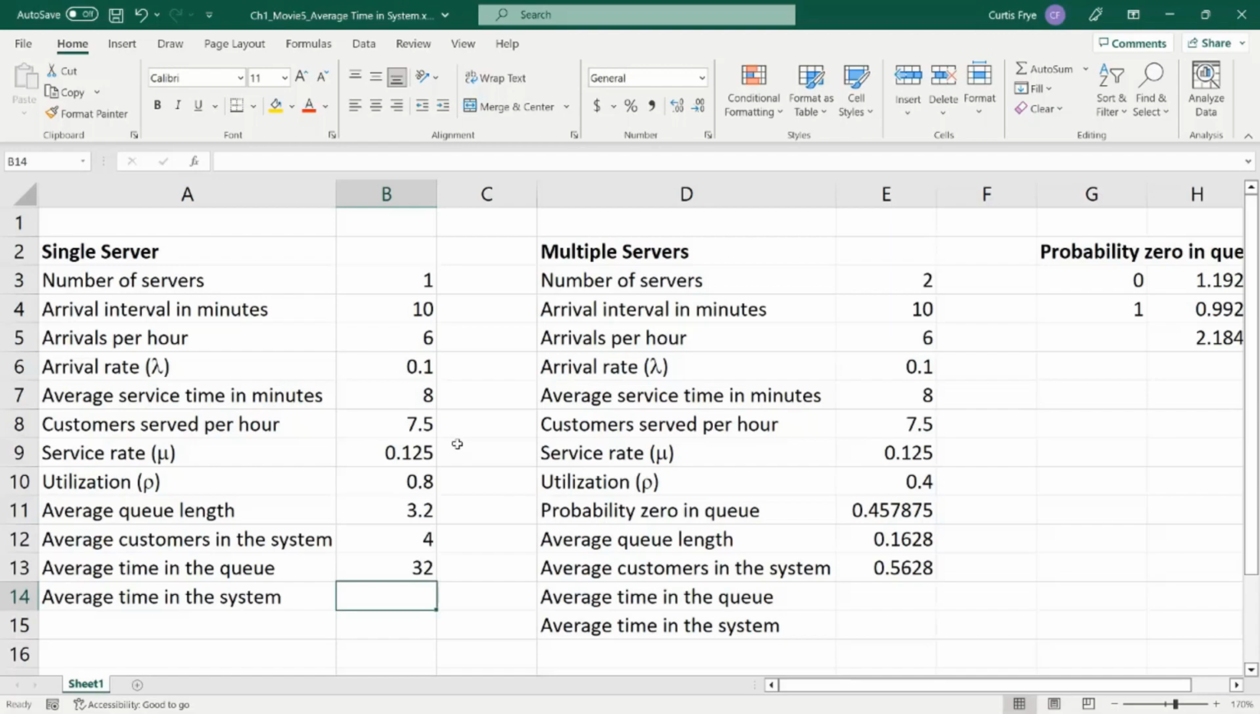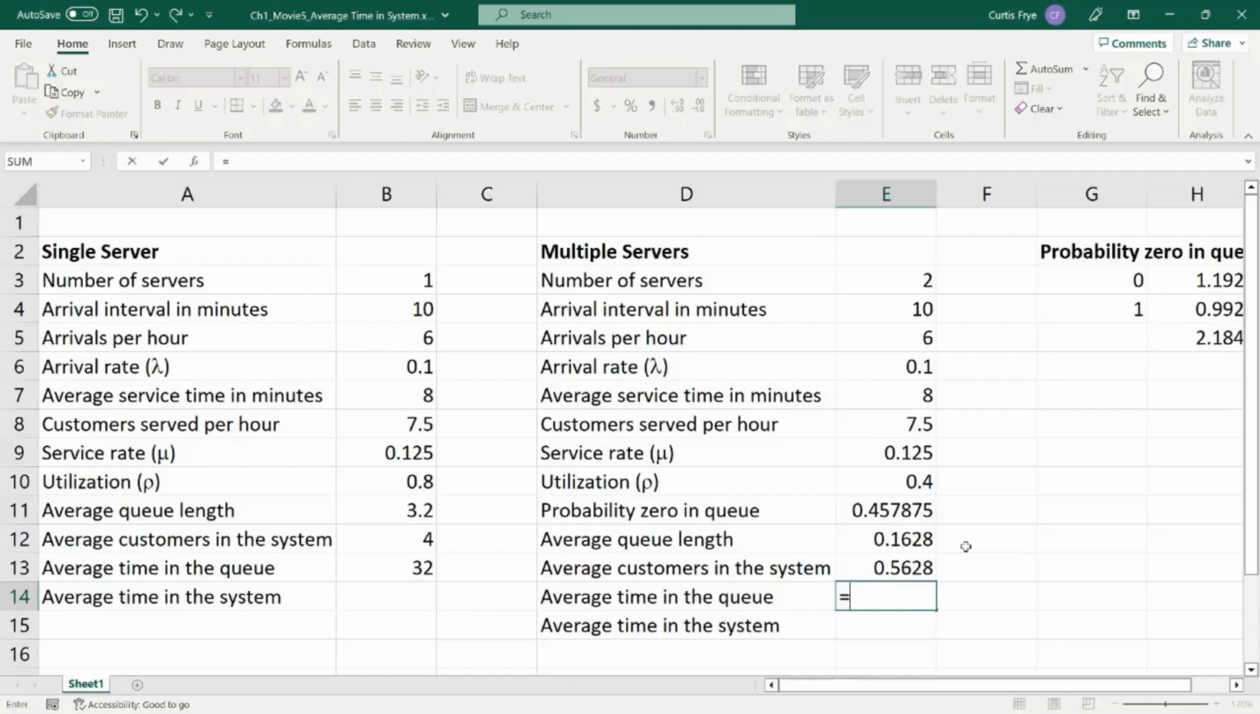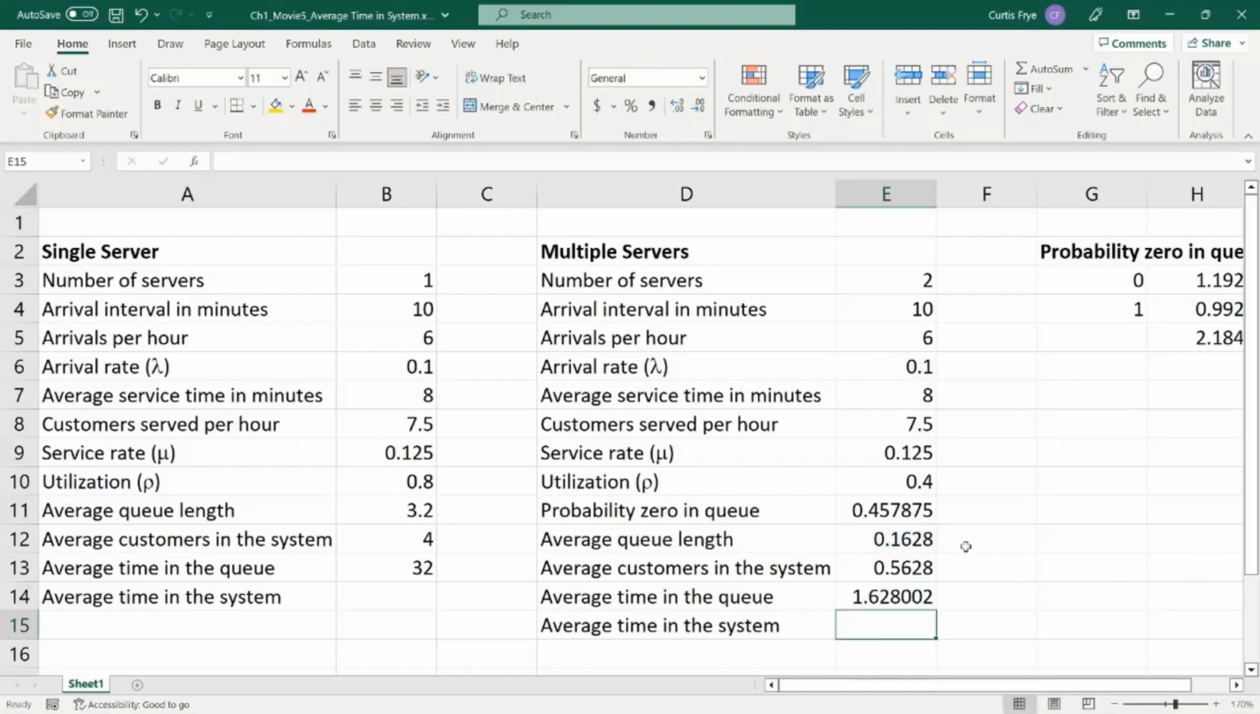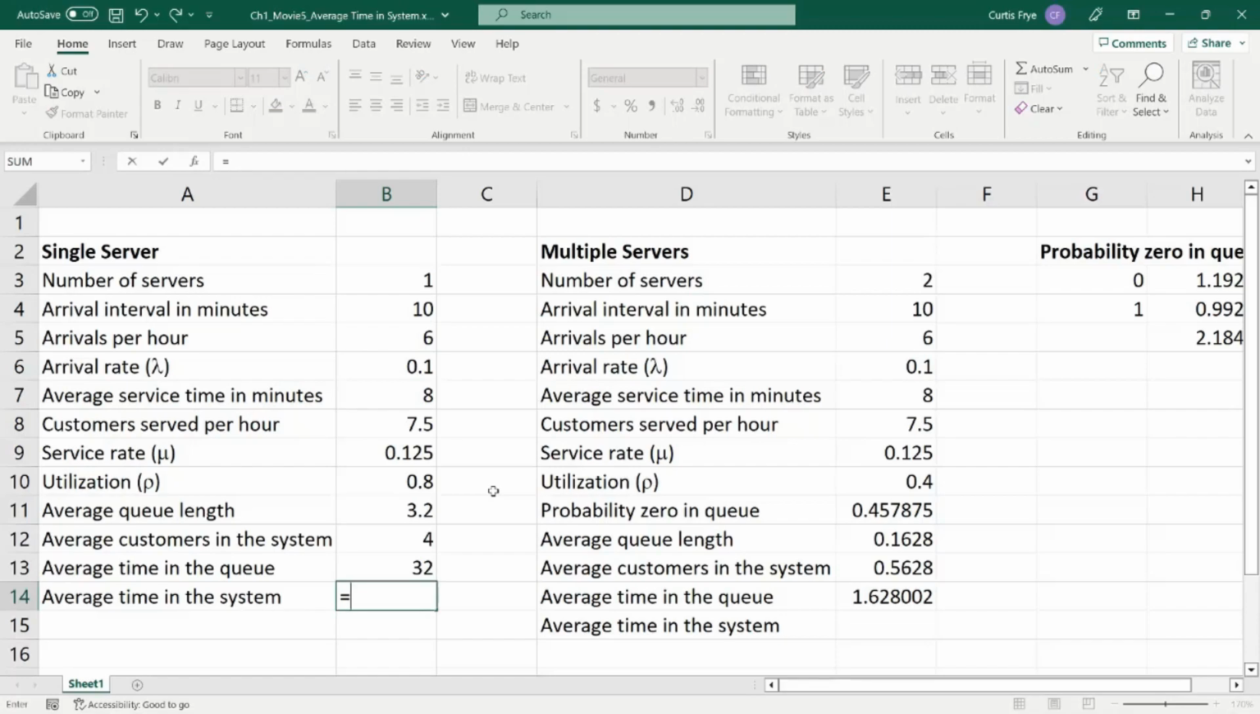And for the average time in the queue over on the multiple server side, that will be in E13, or excuse me, E14. That will be equal E12, the average queue length, divided by E6, the arrival rate, and enter. And we get average time in the queue of 1.628. Now for the average time in the system, I'll go back over to the single server case in B14, and that will be equal the average service time in minutes, that's in B7, plus the average time in the queue,